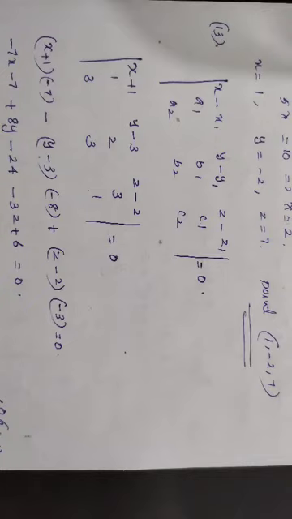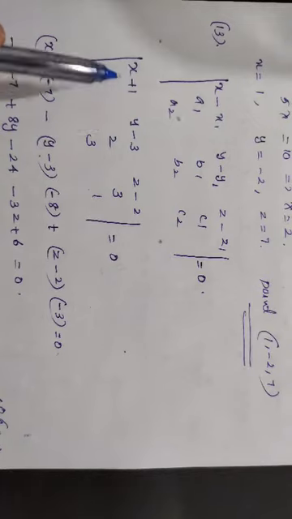In the question the given point is minus 1, 3, 2. So x1 is minus 1, y1 is 3 and z1 is 2. Then what is A1, B1, C1? A1, B1, C1 are the direction ratios of the first plane. How will you find the direction ratios of a plane? They are the coefficients of x, y, z. That is 1, 2, 3. And A2, B2, C2 are the direction ratios of the second plane. That is 3, 3, 1.